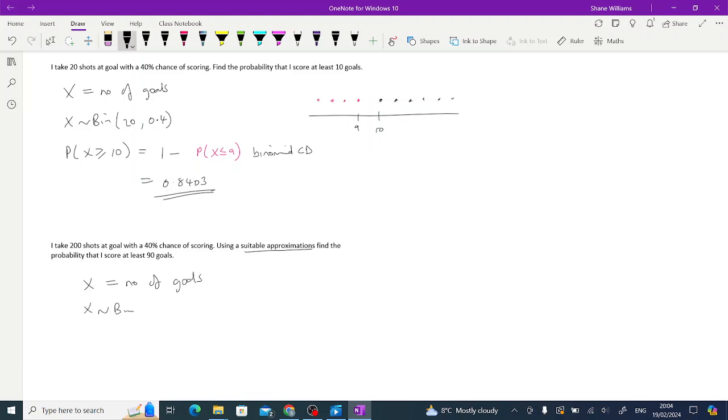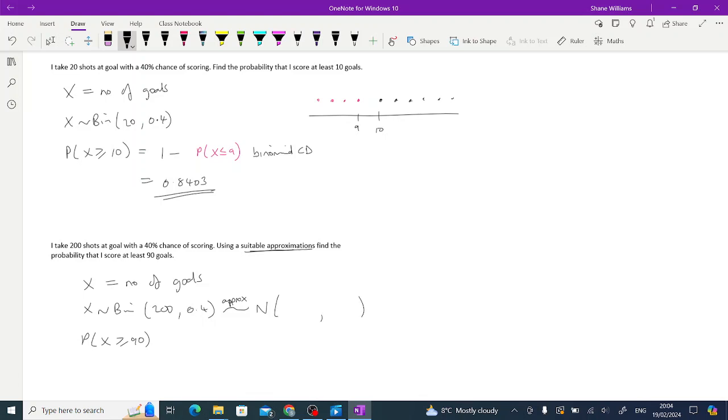So x is the number of goals again. X follows a binomial. This time it's 200, 0.4. And we're looking for the probability of scoring at least 90. Now you could work that out on your calculator using the binomial CD function, or you could work out at least less than or equal to 89. But you've been told you must use a suitable approximation. So we're going to approximate the binomial with a normal distribution. We're going to say the binomial 200, 0.4 is approximately a normal,